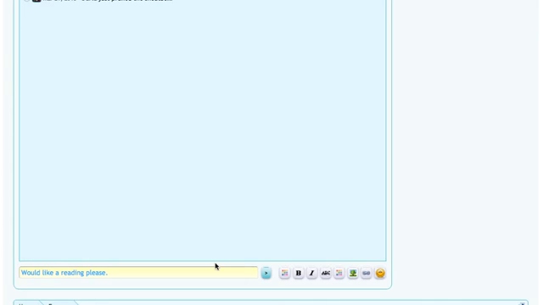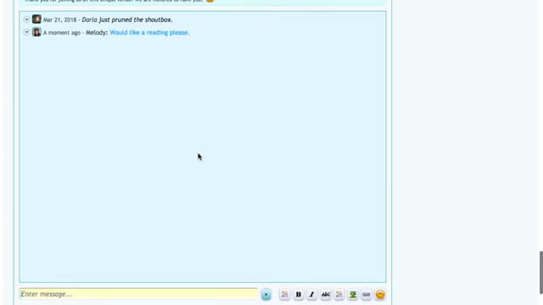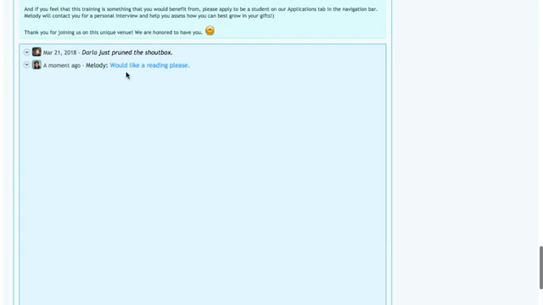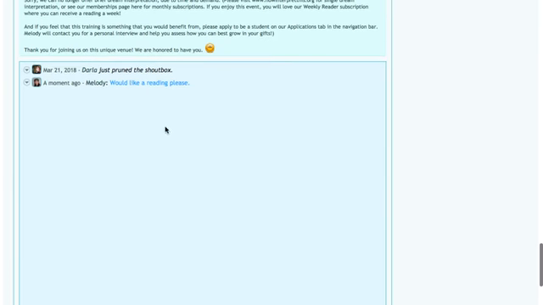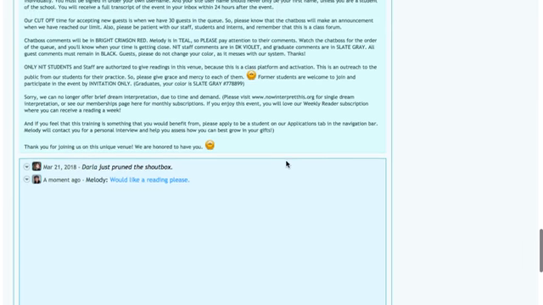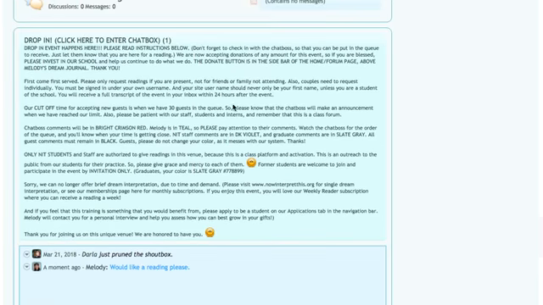So you can either just hit enter or you can hit this little blue button, and you're going to see that it put my comment here. So then the chat box is going to see it, and they're going to put me in the queue and tell me what number I am in the queue, and then they're going to keep me up with what's going on during the event.